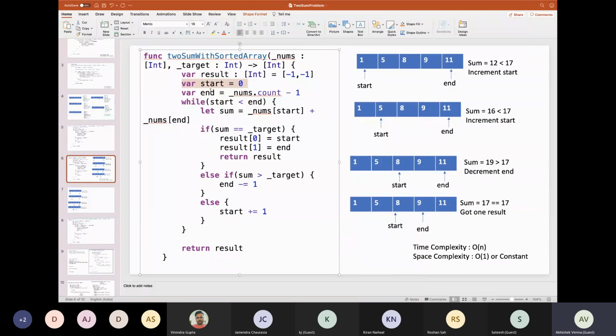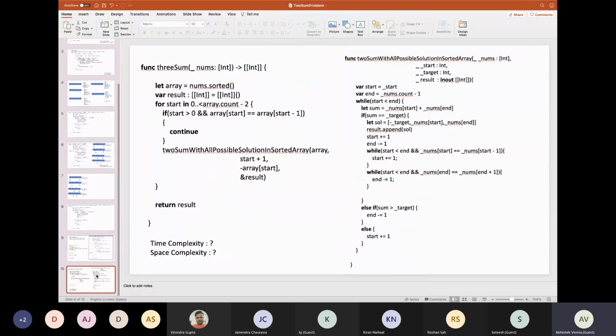End will anyway be nums.count. Result, again, I have passed as an inout parameter. For those who are not into Swift, inout means that we are passing it as a kind of reference. If we change the value inside this function, then where it has been called from, it also gets modified. So I hope this is clear.